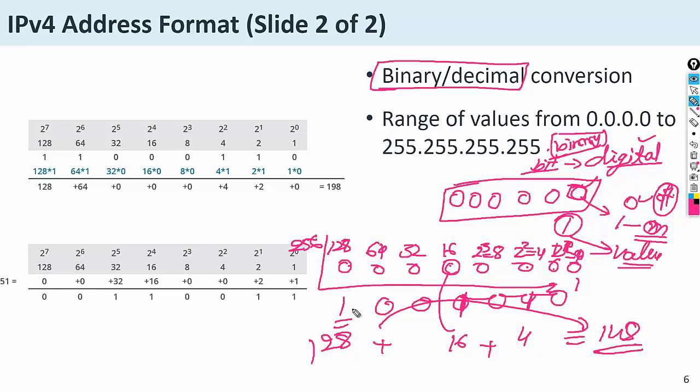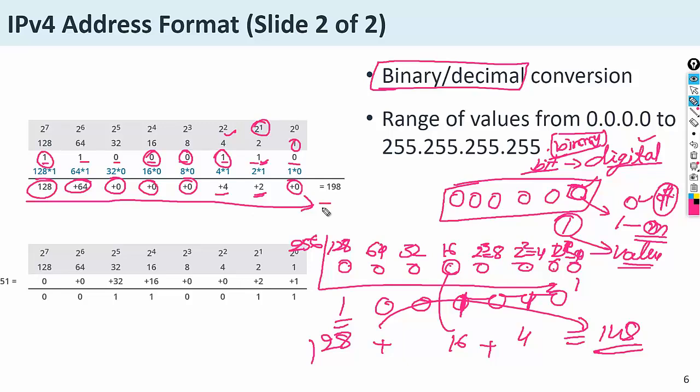This is the binary number. Like here you can see 0, 1, 1, 0, 0, 0, 1 and 1. So 0 will be considered 0. Here 1 will be considered this value, 2. This is 1 also, considered this value, 4. This is 0, so consider 0 value. This is 0, consider 0 value. This is 0, consider 0 value. This is 1, consider 64 value. This 1, consider 120. Then add all the values, then you will find the final value.